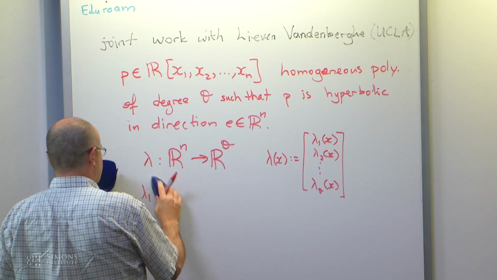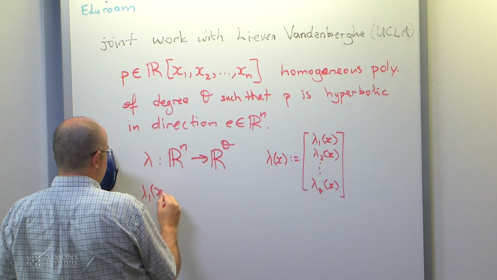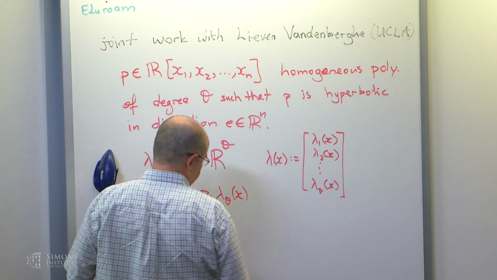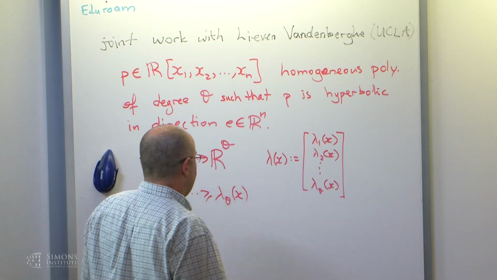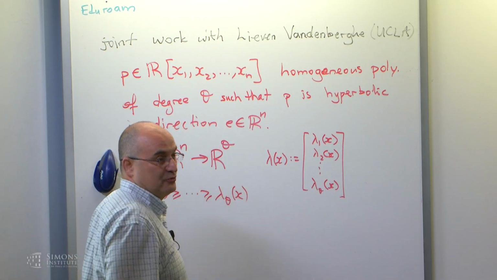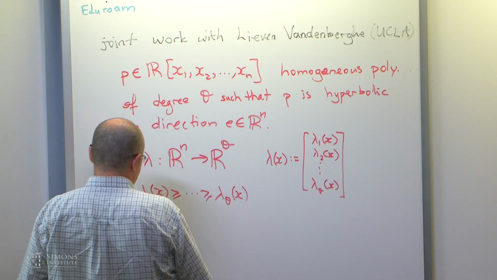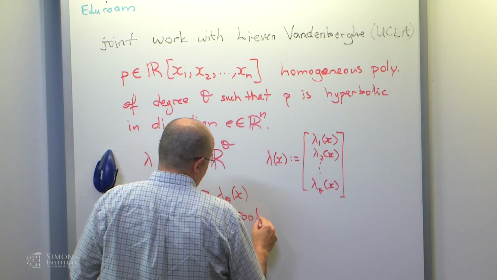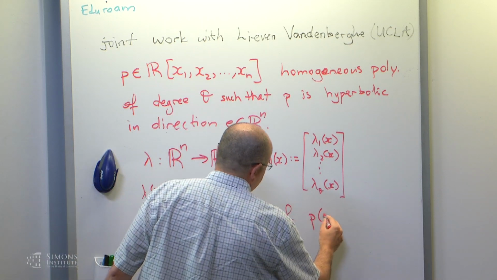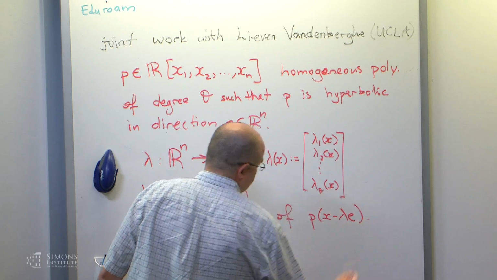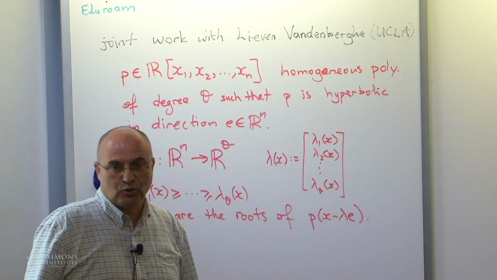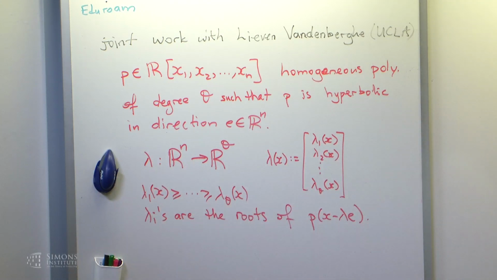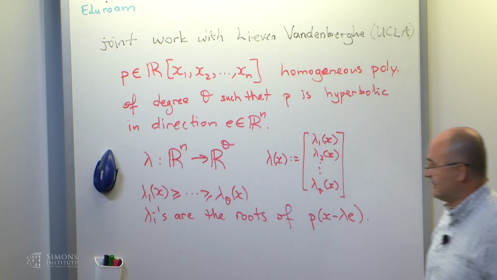Lambda_1 of x is, if you like, greater or equal to lambda_2, greater or equal to lambda_theta of x. And what are these lambdas? Well, these are the roots. So lambda_i's are the roots of P(x minus lambda E). Right? So again, we are just